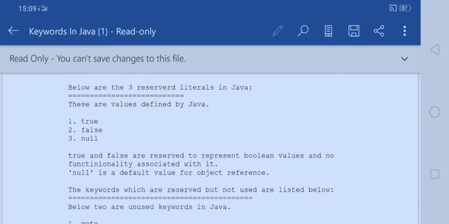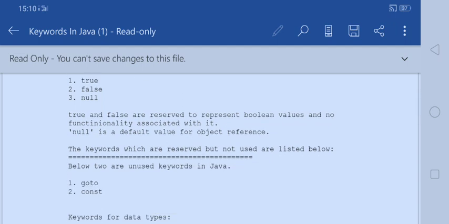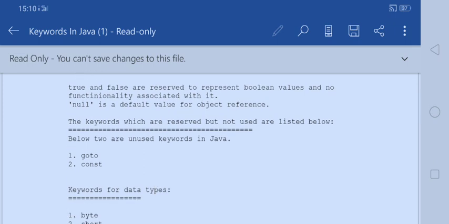So we have 3 reserved literals in Java: true, false, and null. True and false are reserved to represent Boolean values and no functionality is associated with these values. Null is a default value for object references. So these are the reserved literals we have in Java.